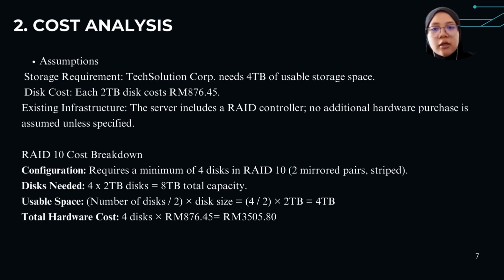And for usable space, the number of disks divided by 2, multiplied by the disk size, equals 4 over 2 multiplied by 2 TB, which equals 4 TB. So the total usable space for the RAID 10 cost breakdown is 4 TB. And lastly, the total hardware cost is 4 disks multiplied by 876.45 ringgit per disk,